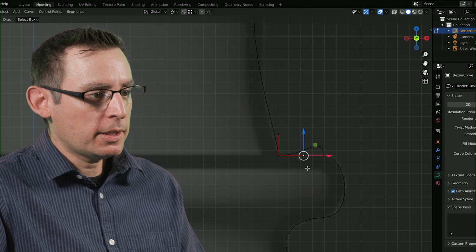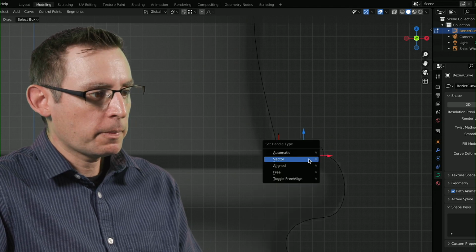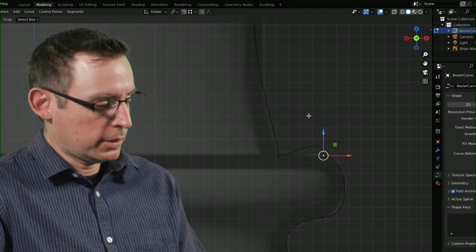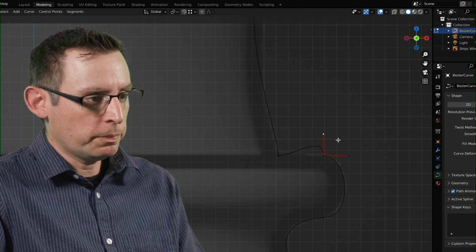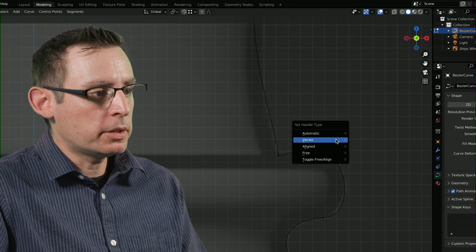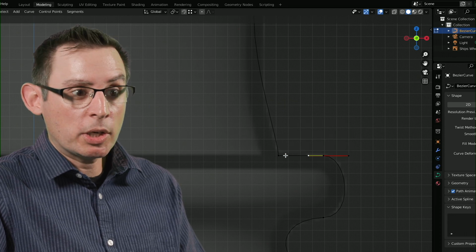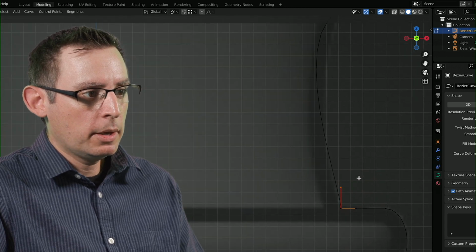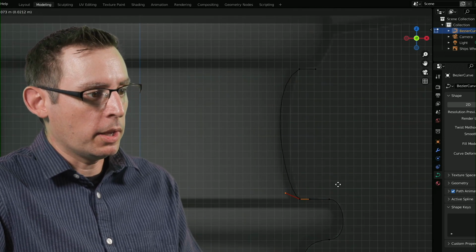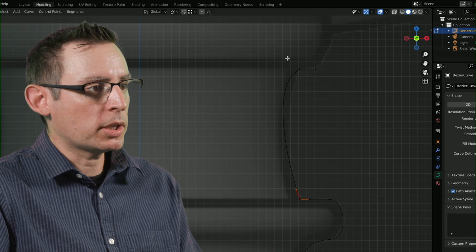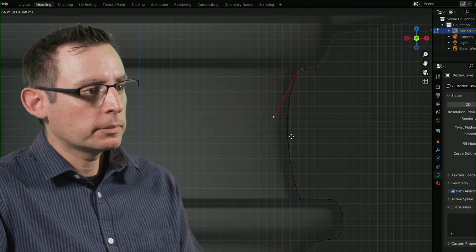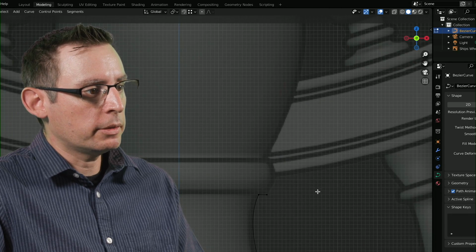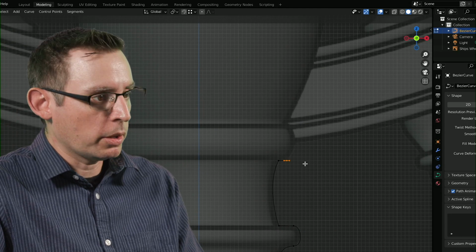All right, let's get this same thing working back up here. I want this handle to be vector, so it points at that friend. Same with this one. I'm going to go back to this selection tool. I want this one to be vector, so it points in a straight line to that dot right there. But I want this guy at the top to be free. That way I can go in and just make a couple small adjustments. Something like that. Okay, almost done. Almost done. Let's see if we can get this going a little bit faster here.